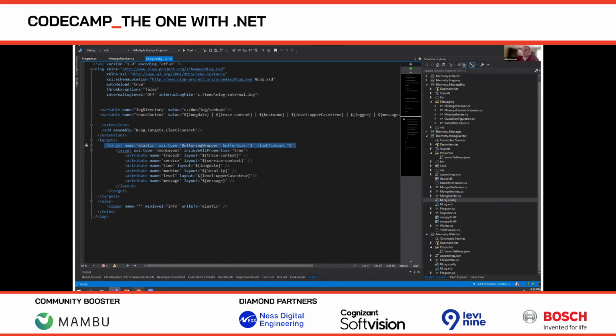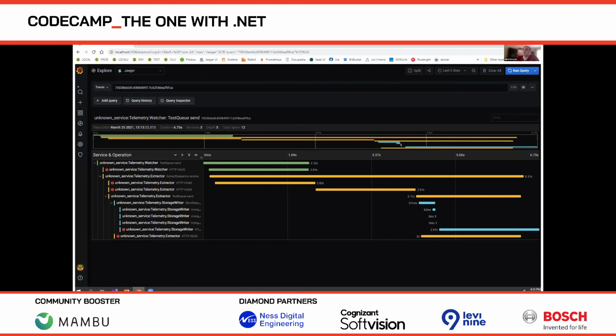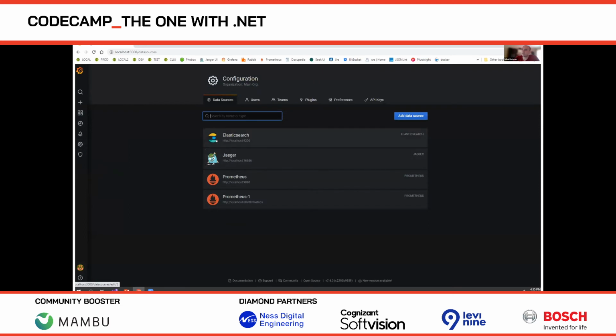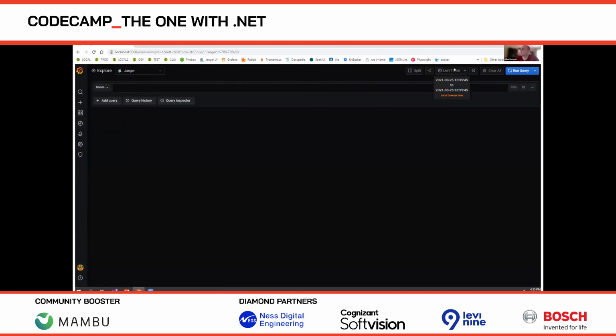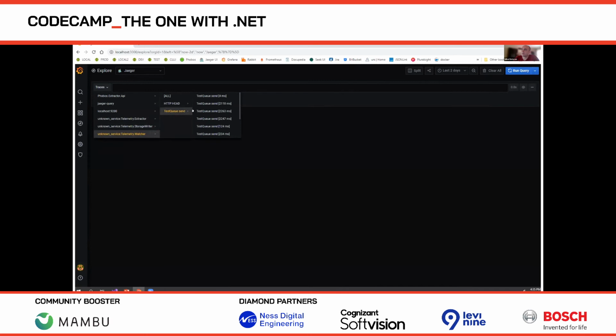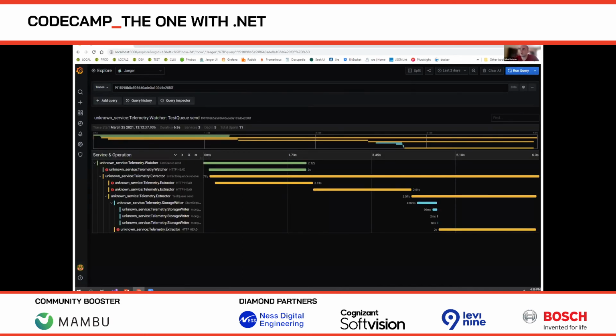Good. Now I will switch to Grafana, and hopefully this all goes well. We go to data sources, and you can see here I have configured already Elasticsearch, Jaeger, and Prometheus as input sources. There are many others that you can monitor. And if I go to the exploration part and I look for, I don't know, in the last 2 hours, 2 days, for Jaeger, for the traces, and I look at the watcher,